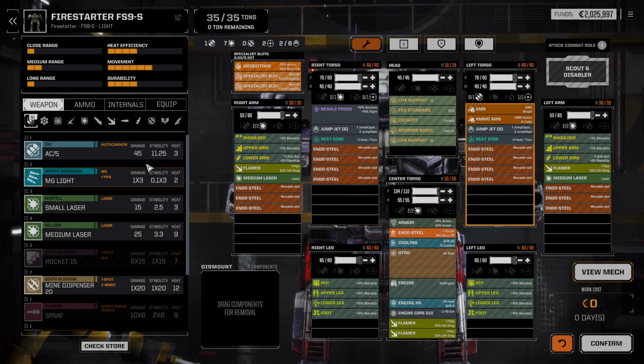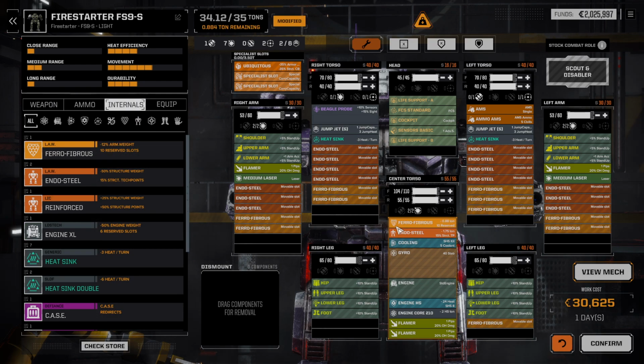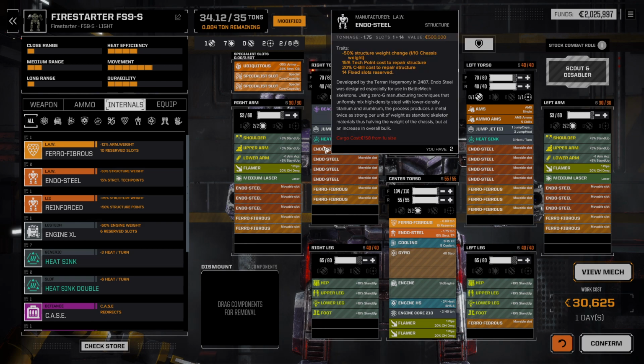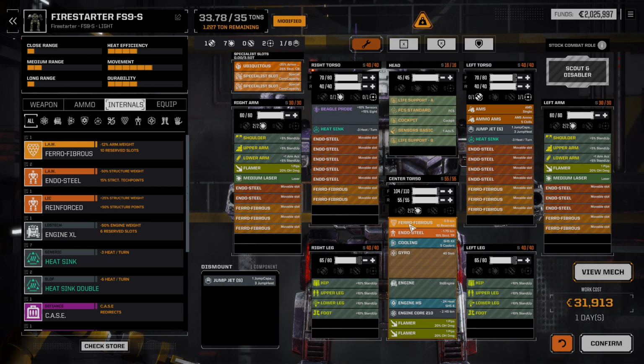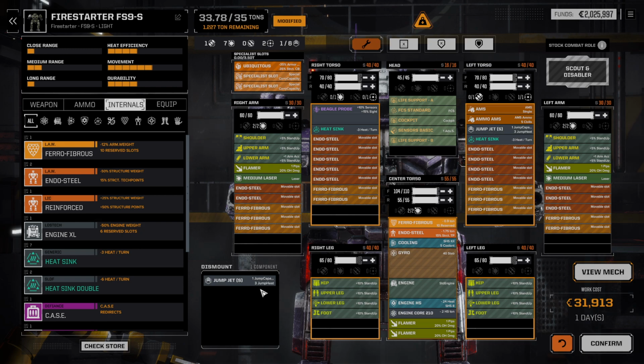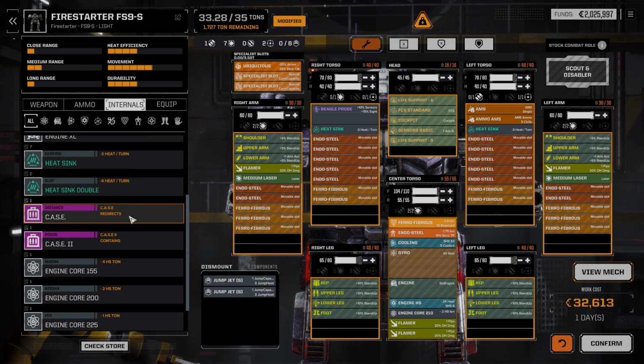Now we do have Endo already, but we want to get Ferro in. That brings almost a full ton. We get the arms a bit worked out. We get the final 2 jump jets out of this thing. We now have a lot of space to go with,